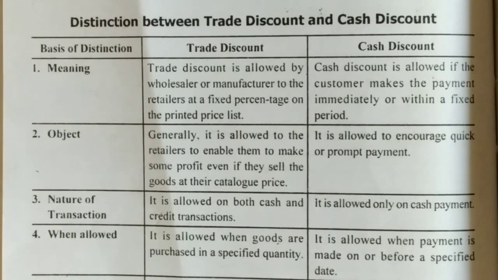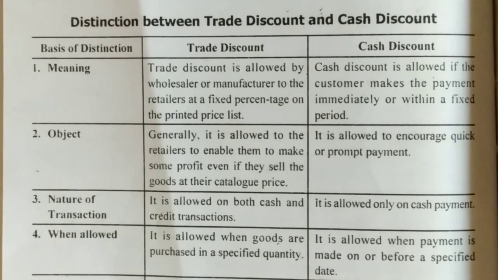If a manufacturer sells goods to a wholesaler at the MRP price, then the wholesaler, or seller, cannot sell to the customer at a higher price. So what they do, from the listed price or catalog price of the product, they minus some amount, and that amount is trade discount. Cash discount is allowed to encourage